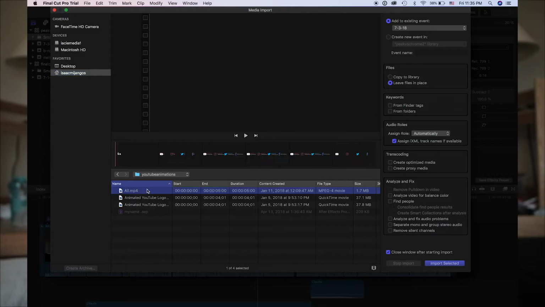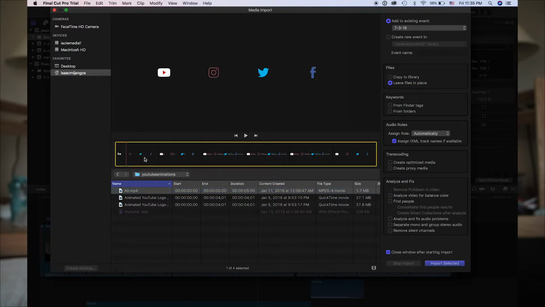So let's get started. First off, let's talk about that importing screen. I really loved the way that the importing was set up. It made me realize that when it came to importing, I'm quite messy with my information as I throw it into the project, but the importing screen on Final Cut allowed me to double check everything.